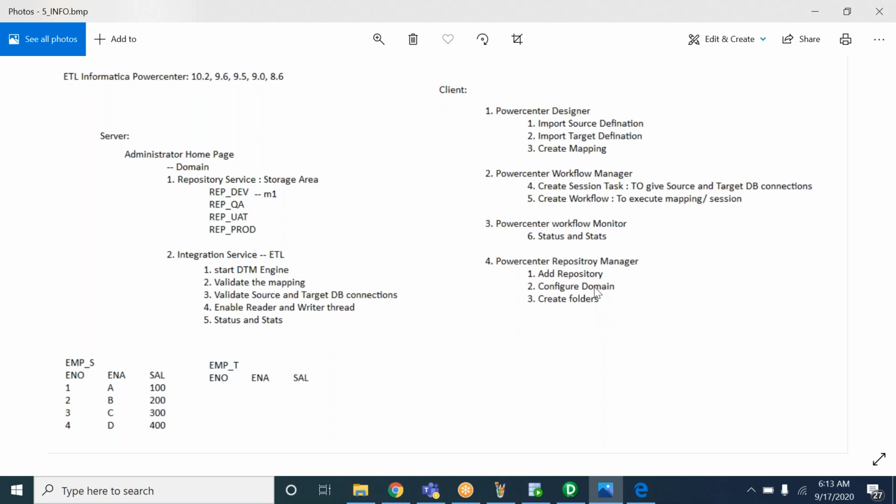Okay, so this is also again an admin task. In real time, an Informatica administrator team will be there. They are going to take care of adding the repository, configuring the domain, creating the folders and all. Okay, so once this is done, then to start creating the mapping,